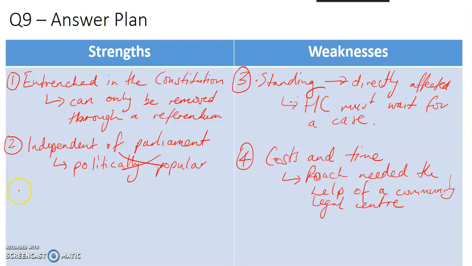I'm going to give you a fifth point. I'd say, nonetheless, the fact that the High Court can rule legislation invalid is an enormous strength. Because it means the moment they give their decision, if the legislation is invalid, it no longer exists. Just that particular part of the legislation.